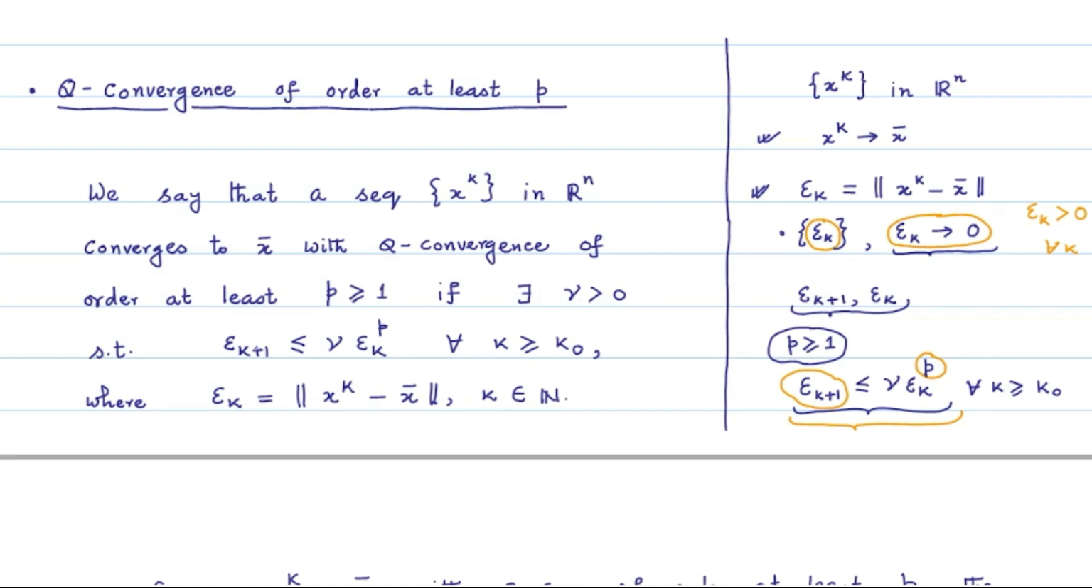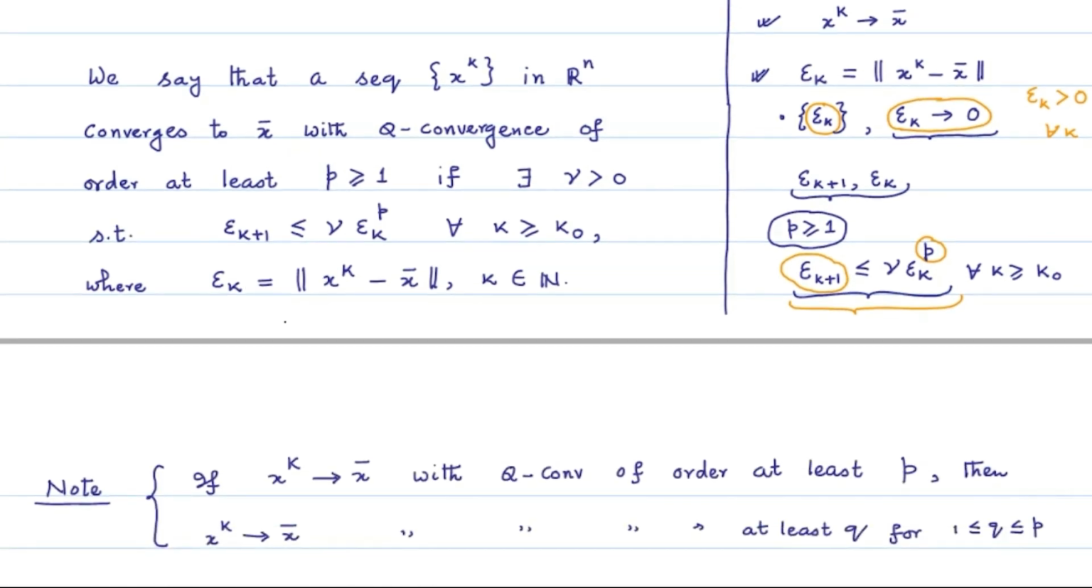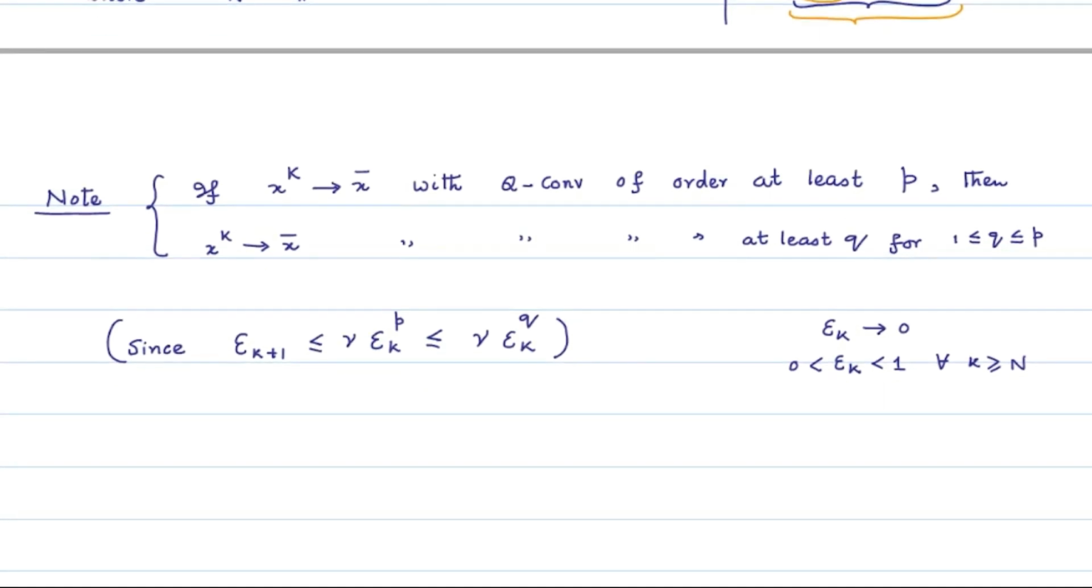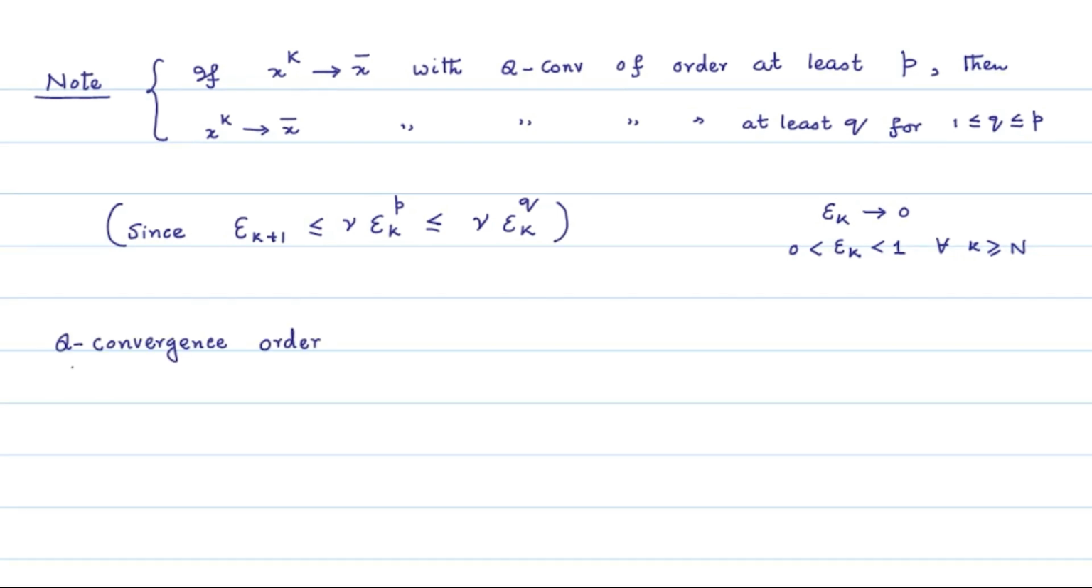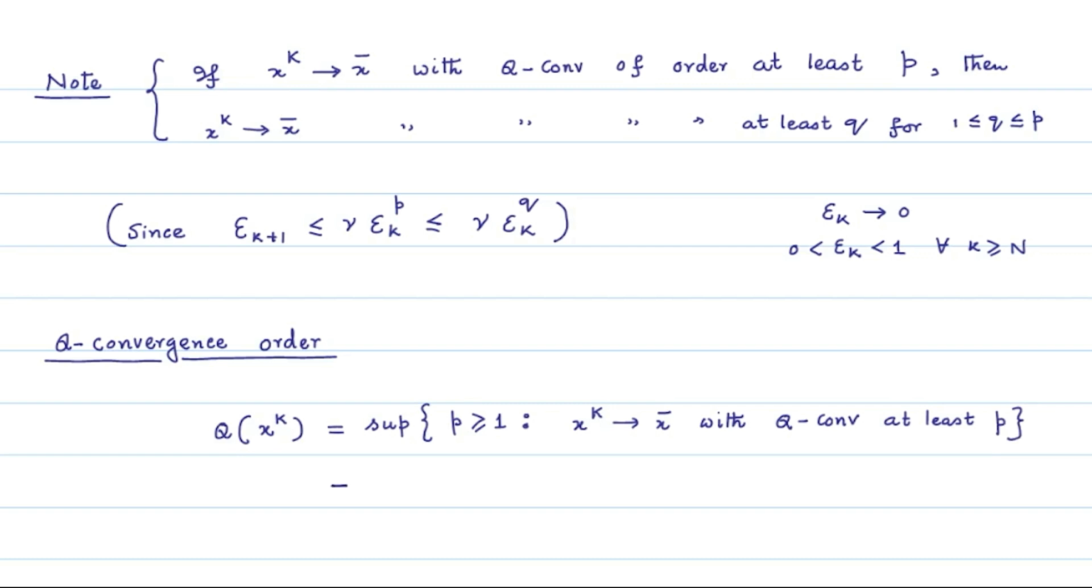Now, in order to identify a unique order of Q convergence, we consider the collection of all p values for which Q convergence is of order at least p. Then we take the supremum of all the p values and define a Q convergence order for the convergence of x_k to x bar as follows. We denote Q of the sequence x_k as the supremum of all the p values for which x_k converges to x bar with Q convergence order at least p,